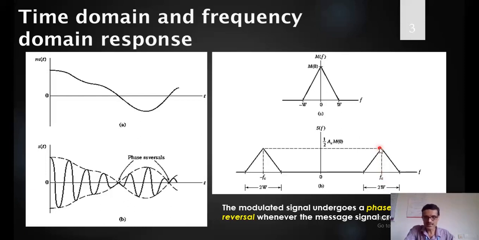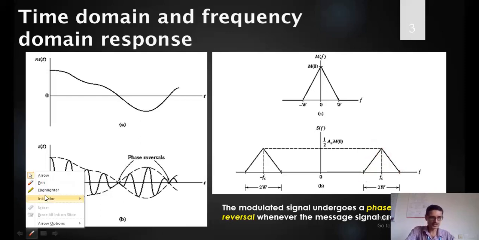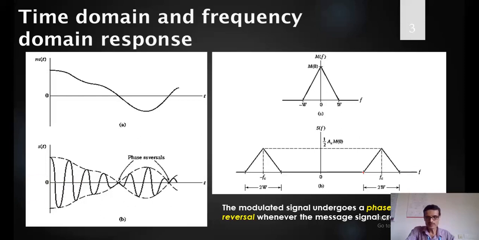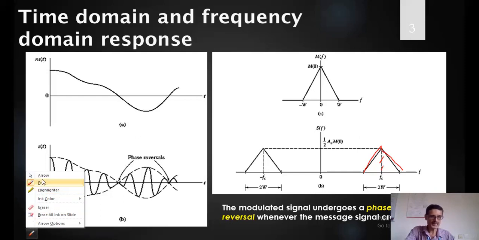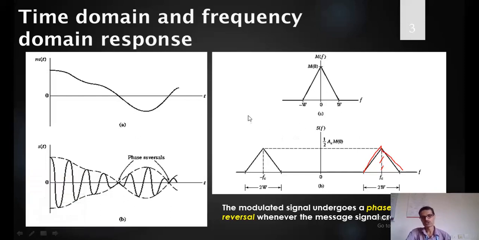Or else you can hide this line also, or you don't have to draw this particular line for representing the carrier. The carrier is actually absent, only the sideband is present. If I draw it over the spectrum, I get only this, both on the positive side as well as the negative side. The carrier is a dotted line, and a dotted line means the carrier is absent in the transmitted signal. So the carrier is actually suppressed here. This is about double sideband suppressed carrier.